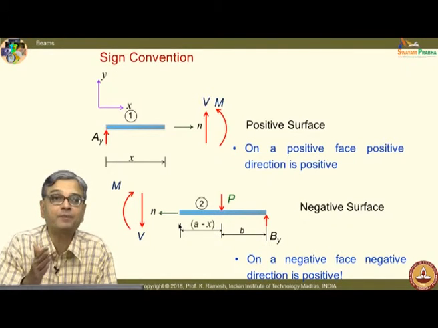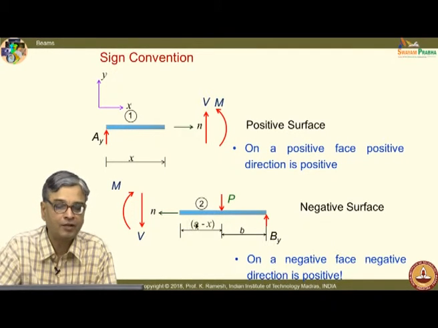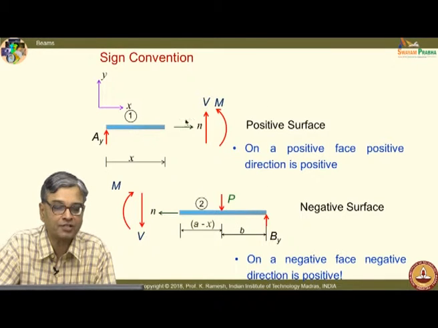See, you can have keep left or keep right. You can't mix this up on the road in between, or you will end up in accidents. So, you need to follow a convention. I should identify a positive surface, I should identify a negative surface. To start with, I put this.